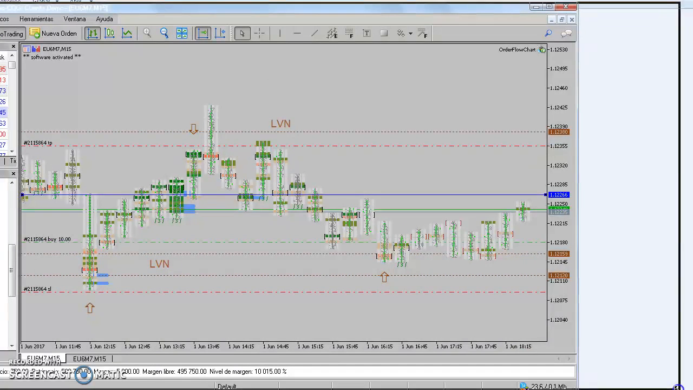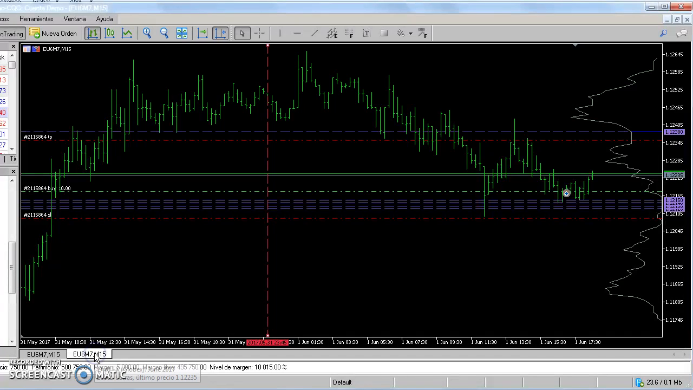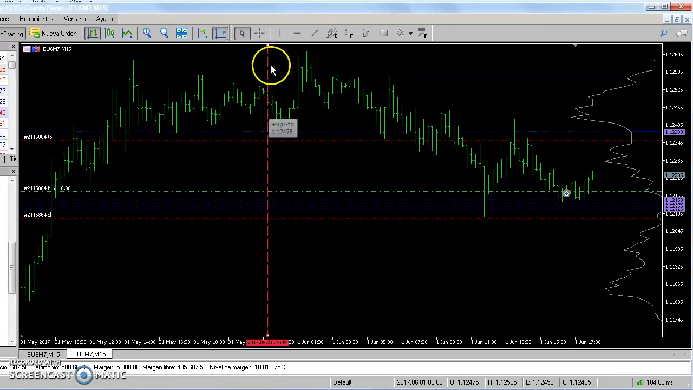So I would like to show you that first of all, this is Euro futures 15 minutes. The first thing that I made was an indicator with the volume profile. I took the previous day, and the indicator draws for me the volume profile